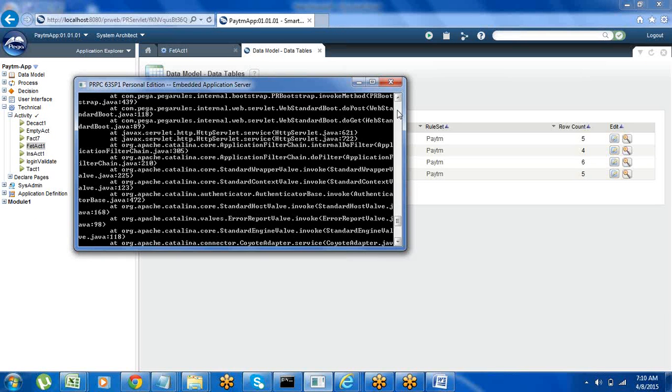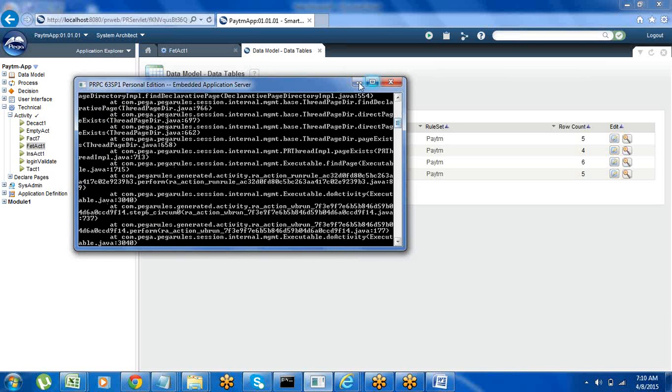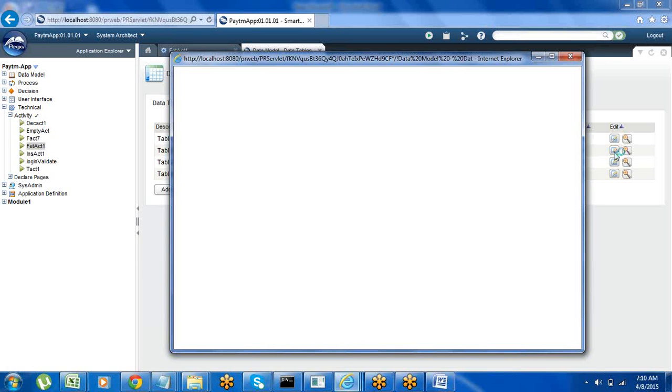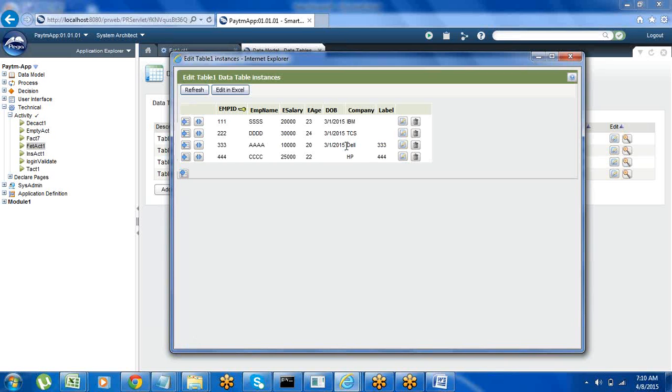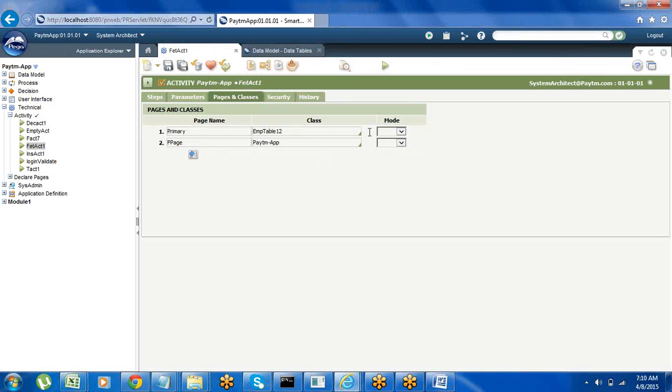Some server error problem is there, it is not loading correctly. Employee ID 1 2 2 3 3 4 4.